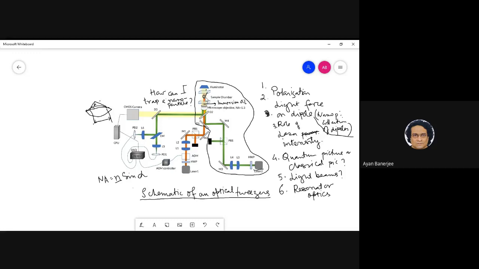Because metals, as we just saw, have a very interesting dispersion, you have done that in the assignment, right? So they have a lot of things happening. There is this plasmon resonance, where the absorptivity increases. They also have very high reflectivity, which might also matter. So all kinds of considerations have to be made to choose the wavelength of my trapping laser when I want to trap this particle.